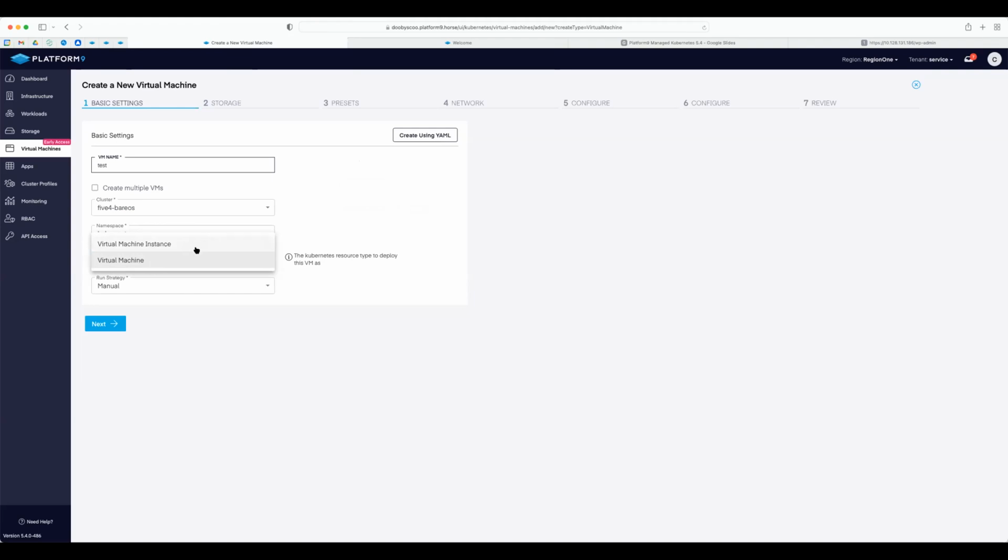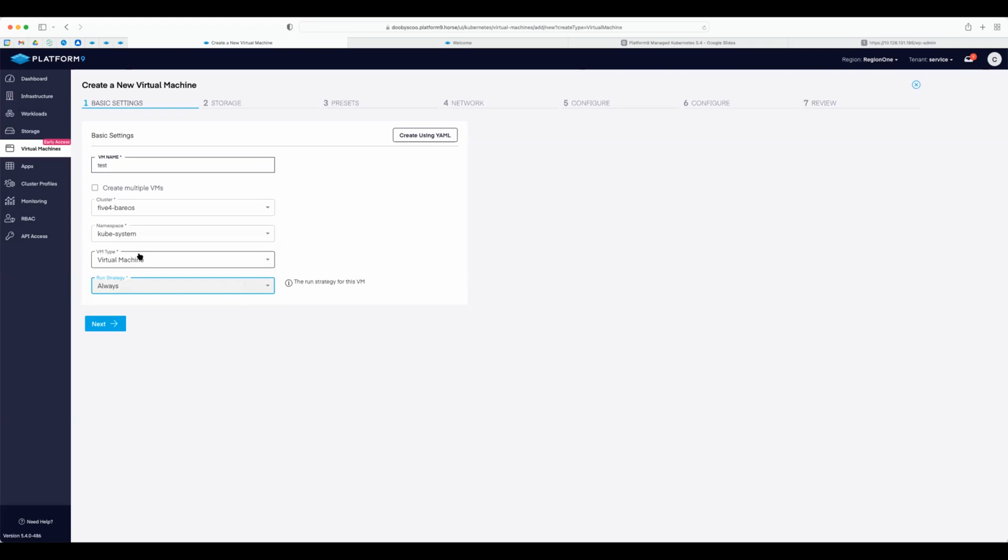So you can create a VM instance and it's basically always going to be there, consuming resources in some form on your cluster. If you make a virtual machine, you can then choose what they call a run strategy. Run strategies essentially tell KubeVirt as an operator what should be happening with this VM. So if I was to make a new VM and say always,